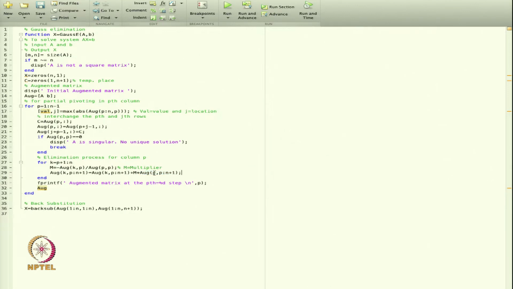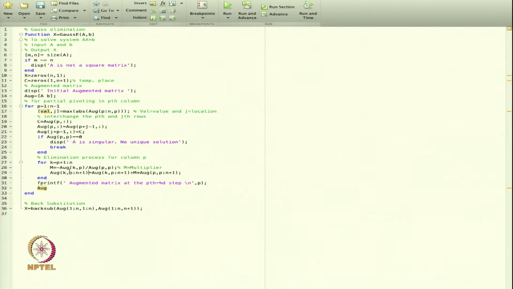If p is equal to 1, it is 1 and 1 to n plus 1, so it is the first row and all the columns. I am multiplying the first row and all the columns by the multiplier and adding to the next row where I want to make the element 0. So, it will give the elimination process, and then this will be the end.